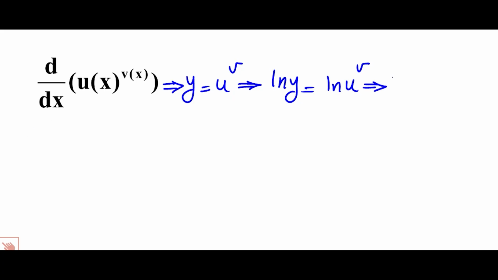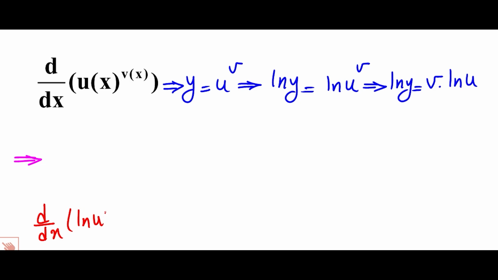So ln of y is equal to v times ln of u. Now we differentiate both sides of the equation. So we have the derivative of ln of y. We know that the derivative of ln of u is equal to the derivative of u over u. So the derivative of ln of y is y prime over y, which is equal to